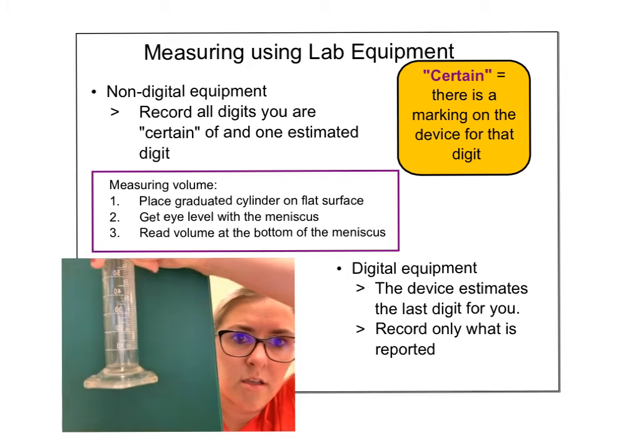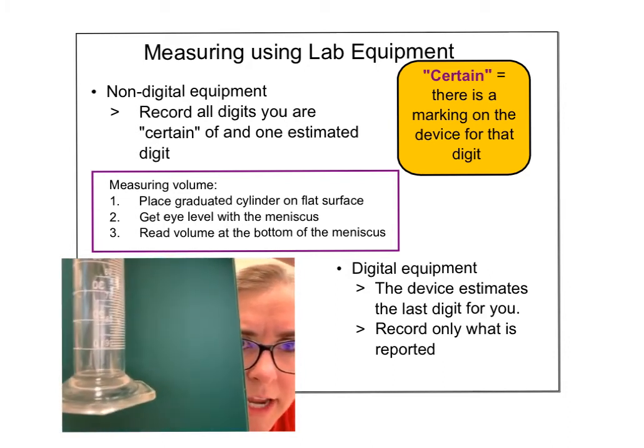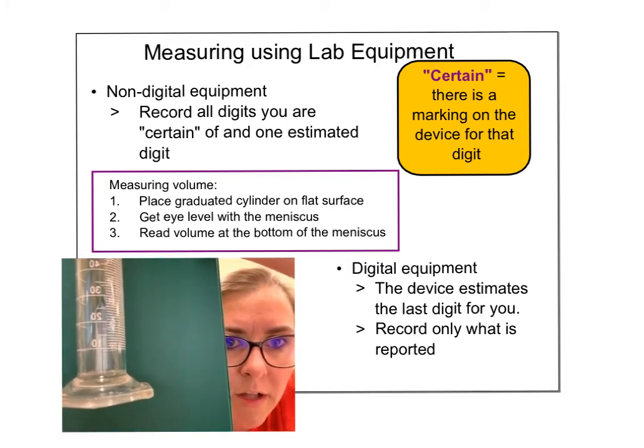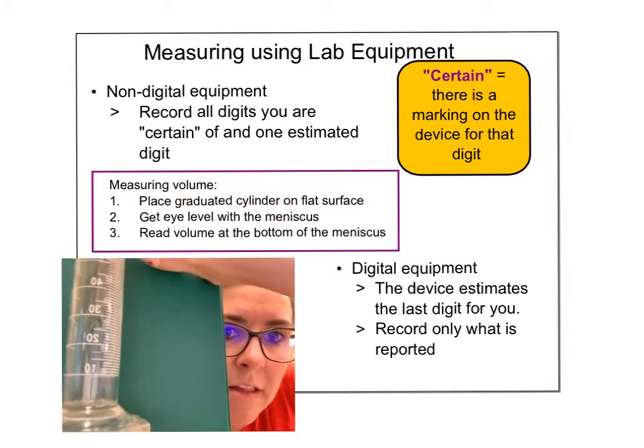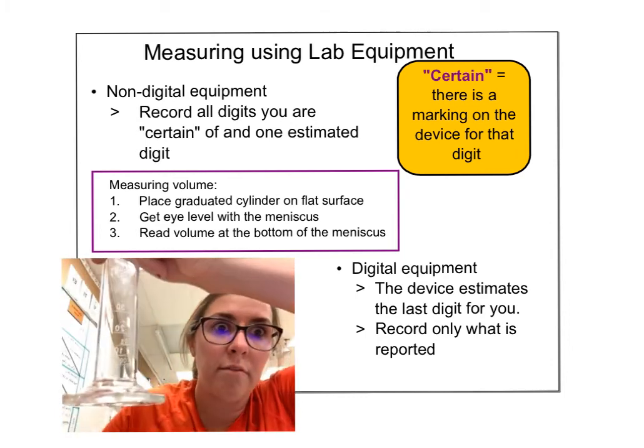If we look, without the glare hopefully, there are markings for every 1 milliliter. So we go from 10 up to 20, those are the big lines, but then we also have,